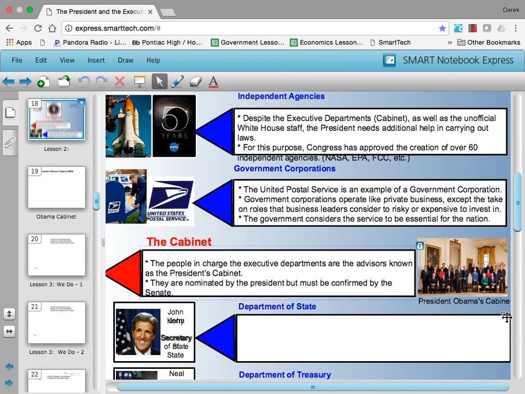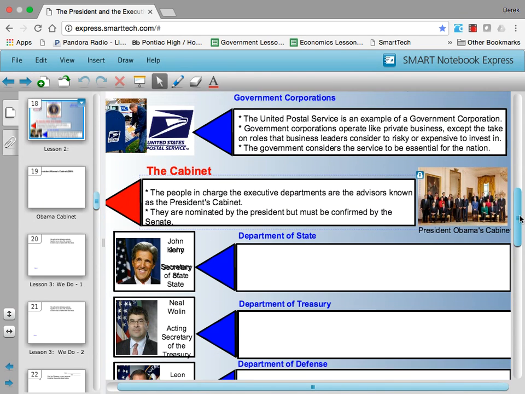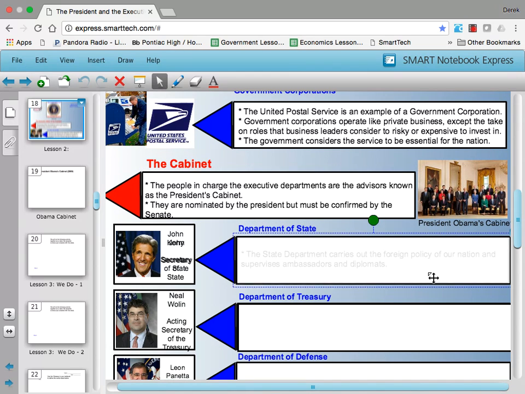They're nominated by the president, but these people are so important that we have a procedure in place where the Senate, the U.S. Senate, has to confirm these appointments. So you can't just put anybody in your cabinet. There are presidents who have tried, but the Senate has to approve. They have to agree that this is a good person to do that job. They most often agree because most often presidents make good choices.